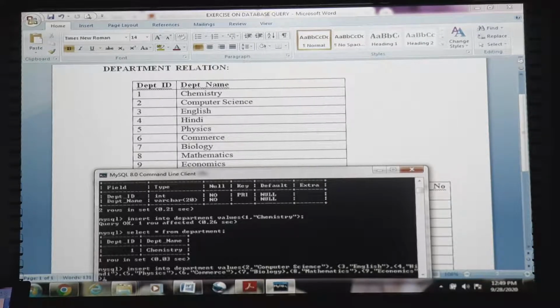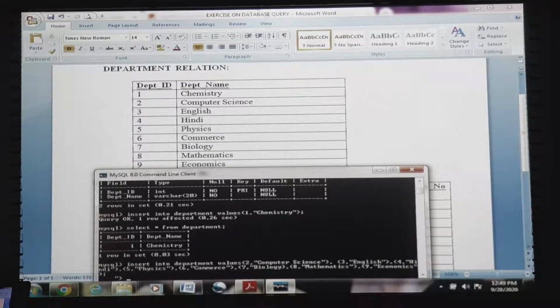So we have come to the end of this query. In a single query we have inserted all the tuples. So press enter.